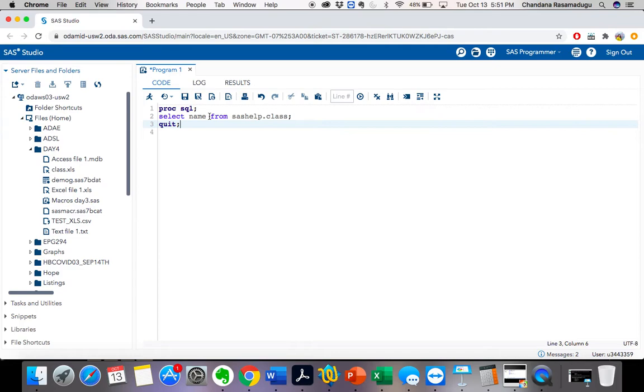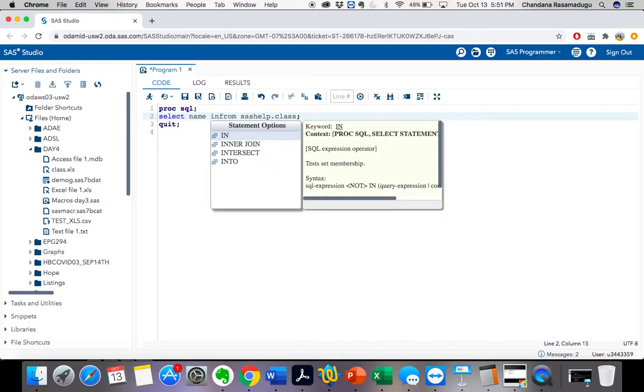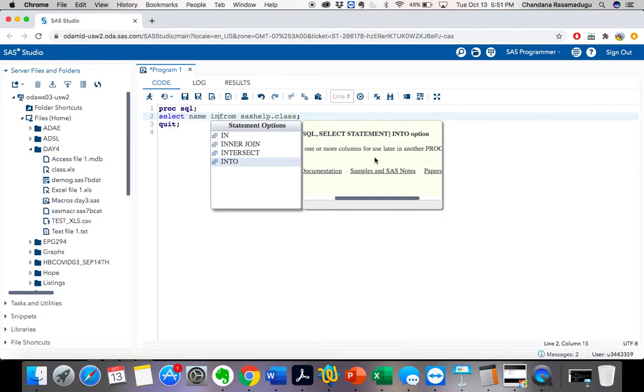By using the SQL procedure, I want to create a macro here. Everything is the same, but here after name I will use into. What will this into do? It stores the value of one or more columns for use later in another proc-SQL query or SAS statement.